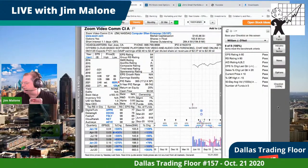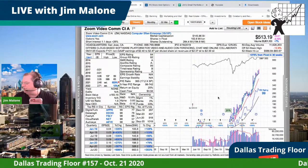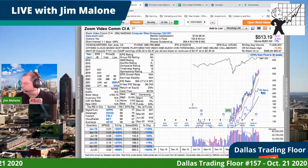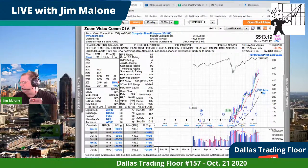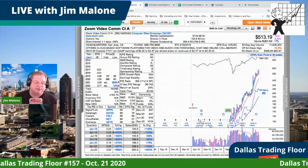It's got a 100% checklist. It's an excellent company, and I just wouldn't feel comfortable buying it at this level. There really isn't anything. That said, it looks like it's continuing this march right up to the 21-day exponential. So it's sort of a good news, bad news story. It's a good news story if you're in it and you've been in it since